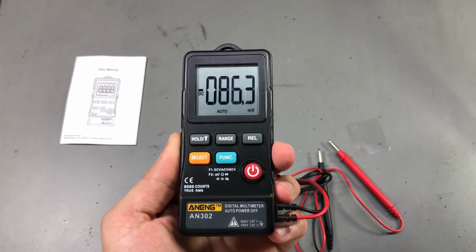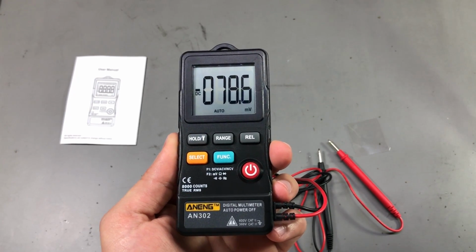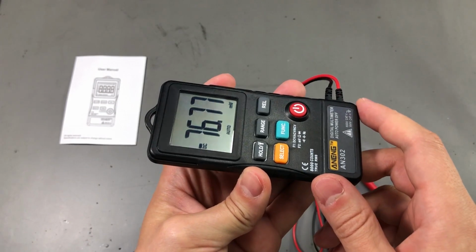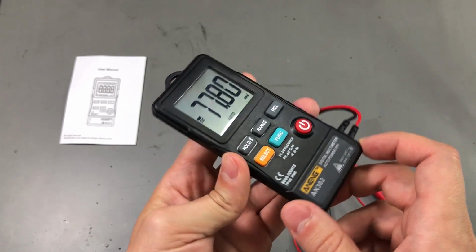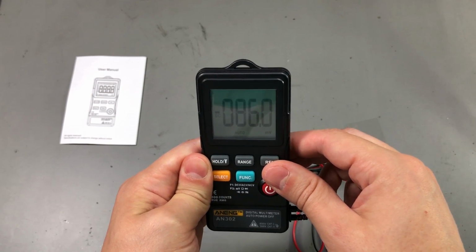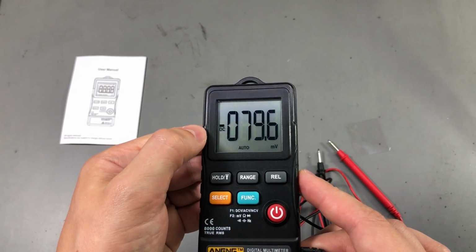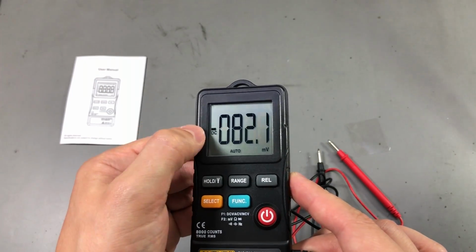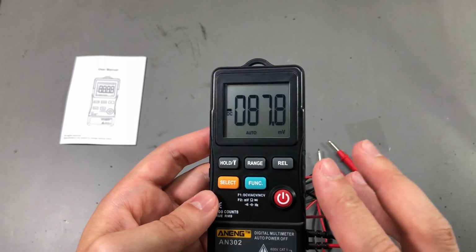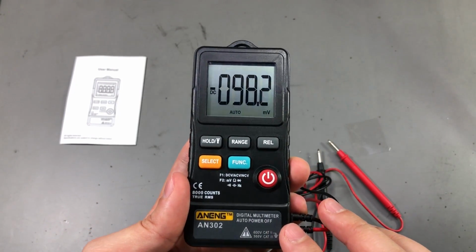The LCD looks good. It has some nice big crisp digits. It looks nice from a 6 o'clock viewing angle. It looks okay from the sides as well, but it starts to fade quickly when you view it from above. I like how they have the sign and the AC/DC indicator right in front of the digits. That's a nice layout, and we have a refresh rate of 3 updates per second, which is pretty common with